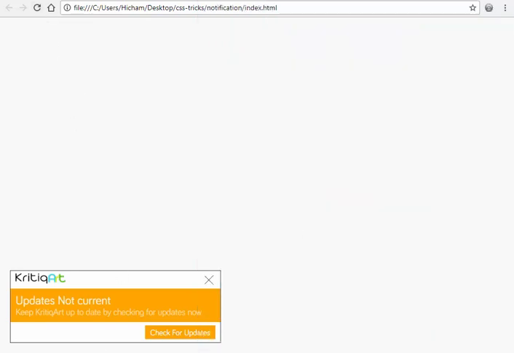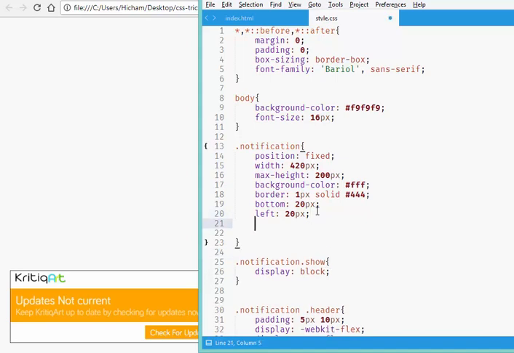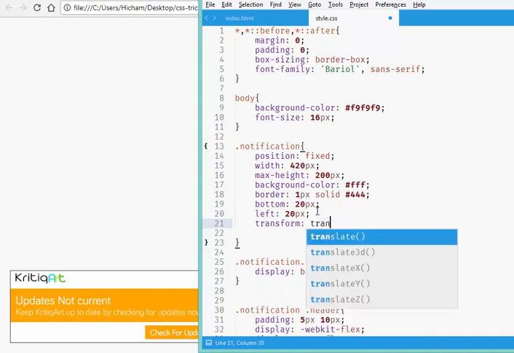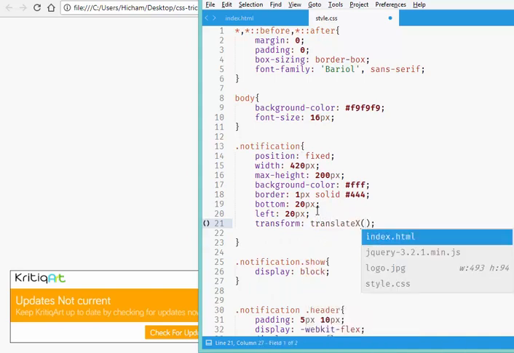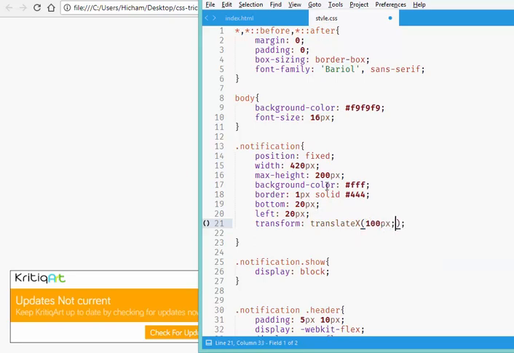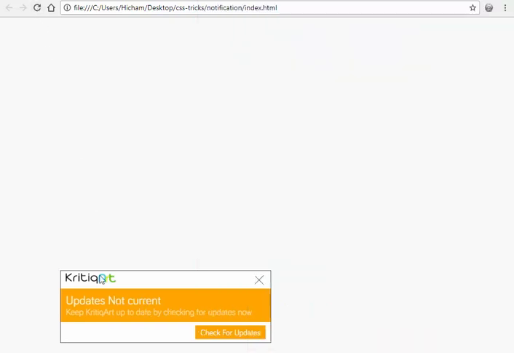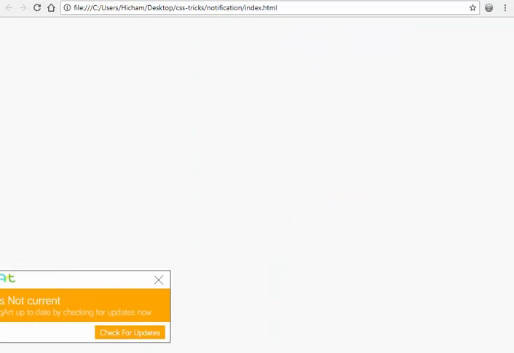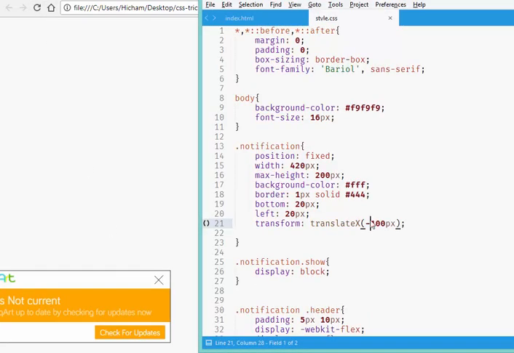Okay, what I need is the transform property, and the translateX. I need to translate it back from my page. Let's say 100 pixel. Alright, the inverse, minus 100, until it doesn't show anymore. Let's say that I need to give it the width of my notification div,